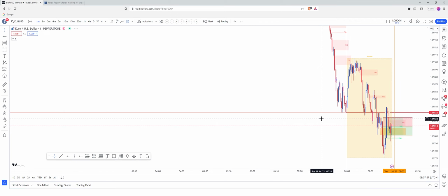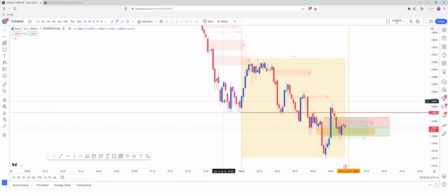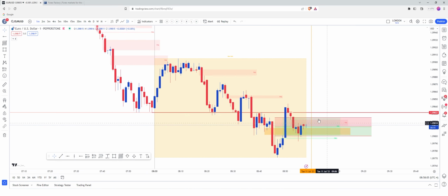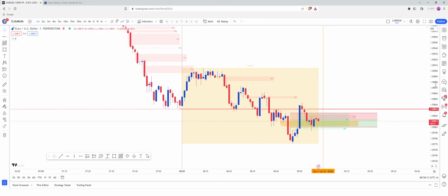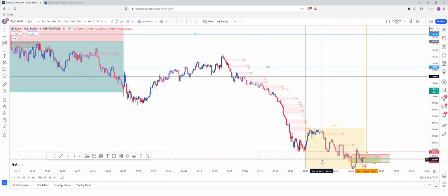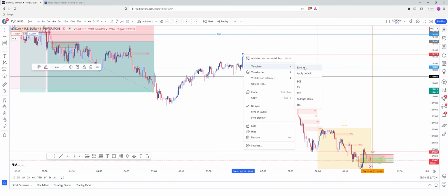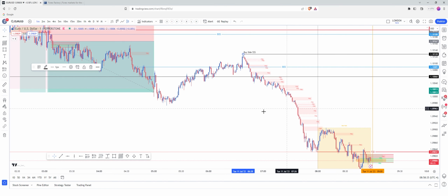But this displacement is outside the swing low of this range, so we're not back inside the London range yet. We are still outside. I'm monitoring the 50% of this fair value gap. I want to see if this holds, and if we can start getting displacement back inside the range, then there's a potential long opportunity to take us back into some of this price action here. Specifically, we've got the swing high here, which is our gap time high currently between the two sessions. Might go as buy side liquidity.